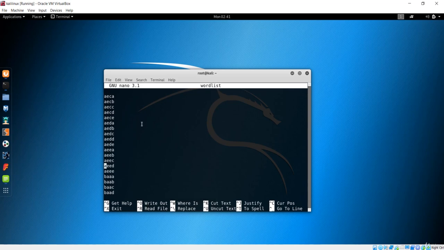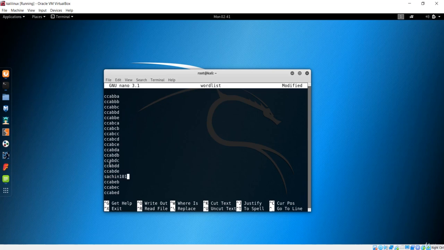Over here I don't have the actual password, so let's go down and include my actual password. It doesn't matter how far down you are, it matters only whether the actual password is inside here.